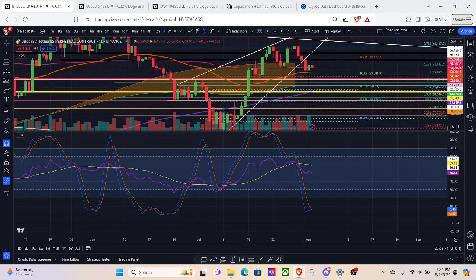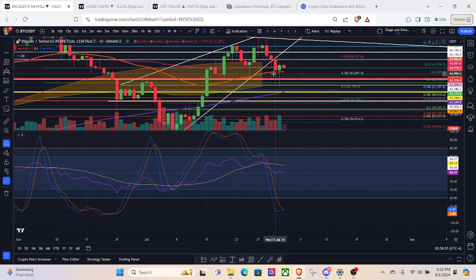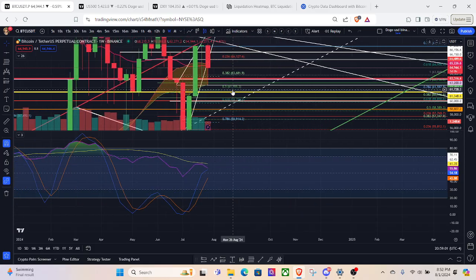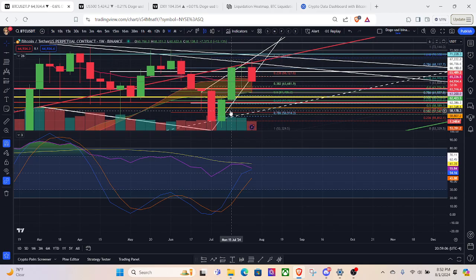When you're above the 200, typically as a rule of thumb, it's a bullish signal. You're also above the 50 EMA on the daily. So both those things are bullish. This candle is bullish. But one thing I wanted to mention is that I noticed this pattern today, and this